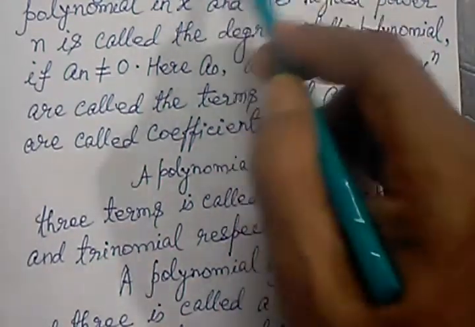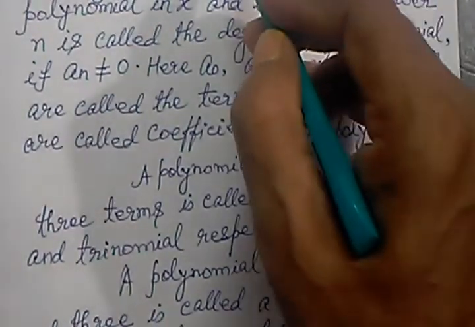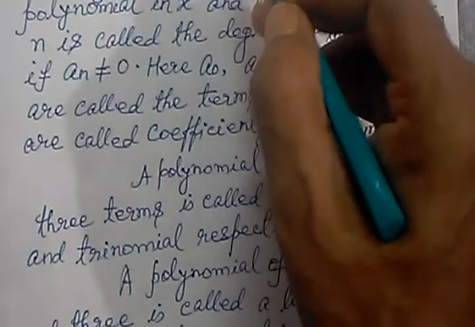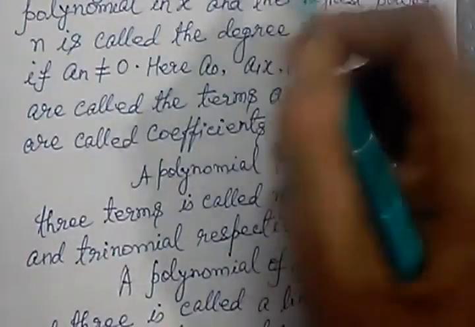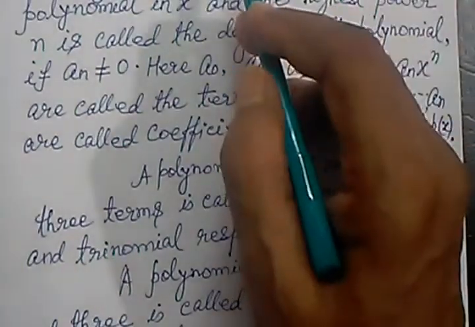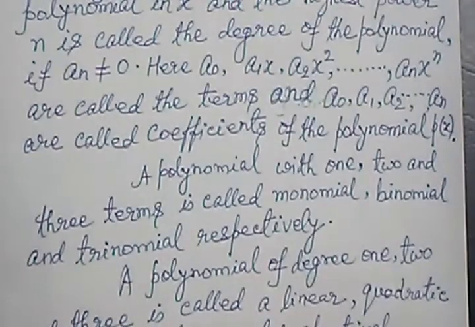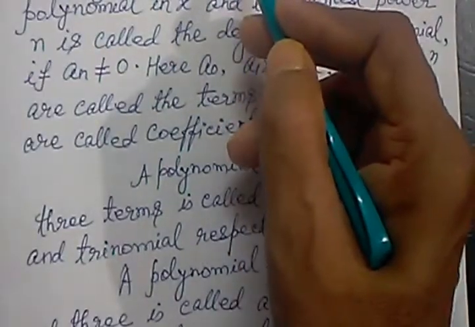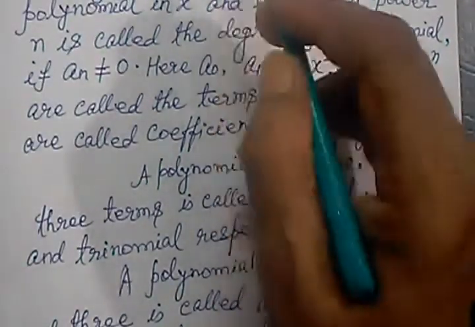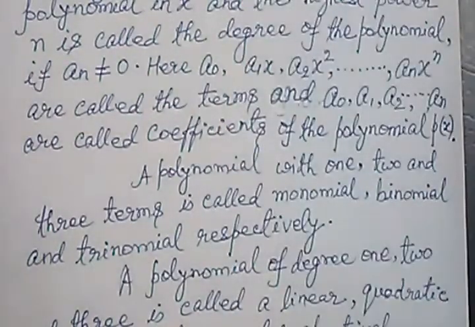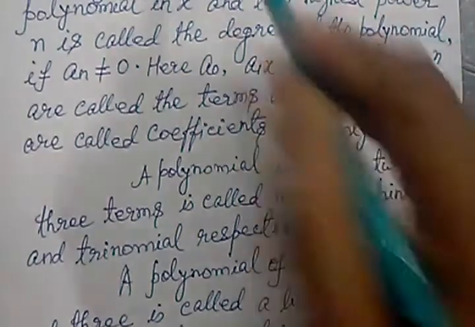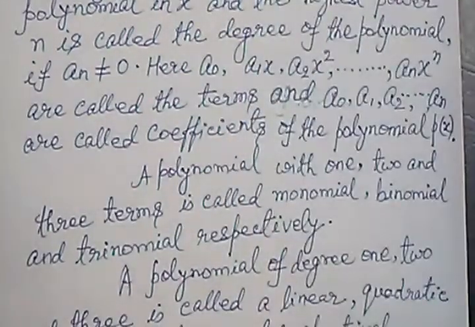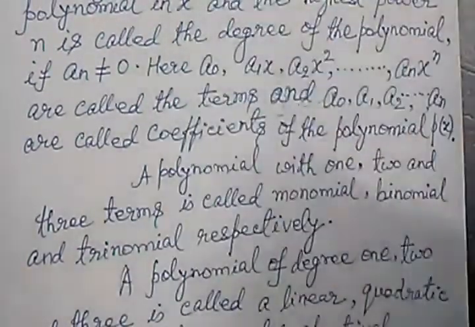And in the first term there is no x written, but x is there. Why is it not written here? Because here it is x to the power 1, so in the previous term it will be x to the power 0, and you know x to the power 0 is equal to 1. That's why this 1 multiplied with a0 is a0, so only a0 is written here. You can write x to the power 0 also, no problem, but it is understood, since x to the power 0 is 1, that's why it is not written. So you always write in this form.